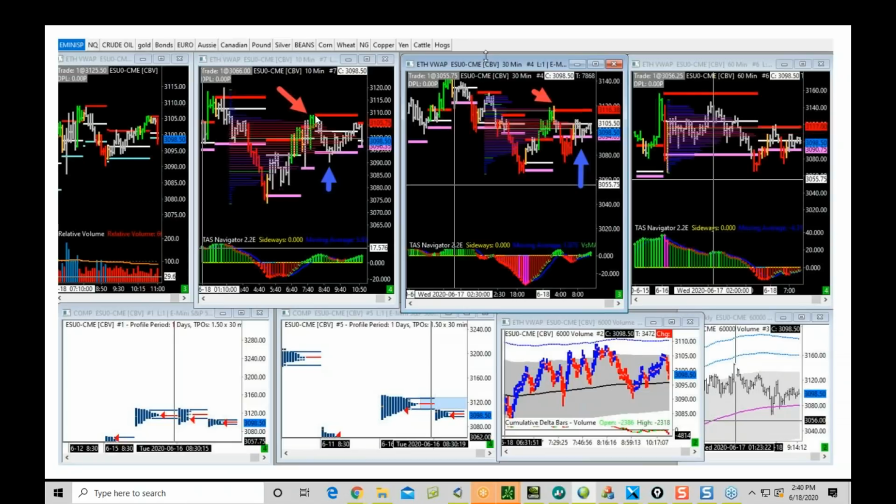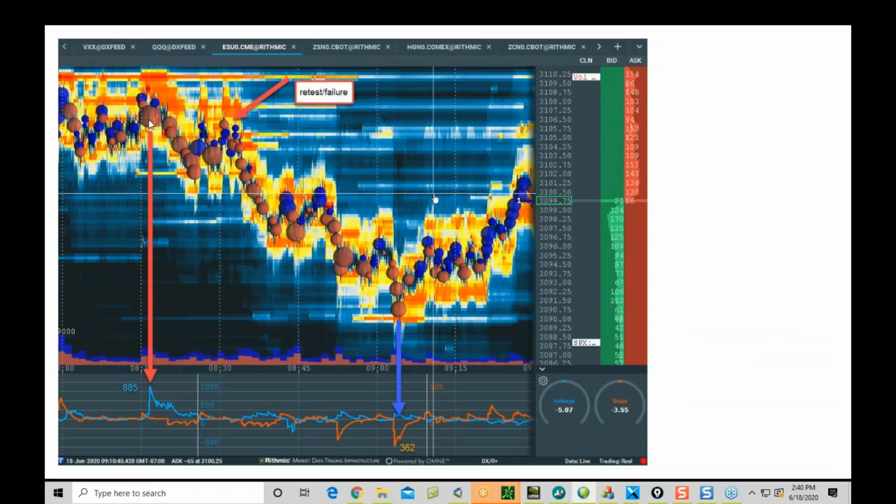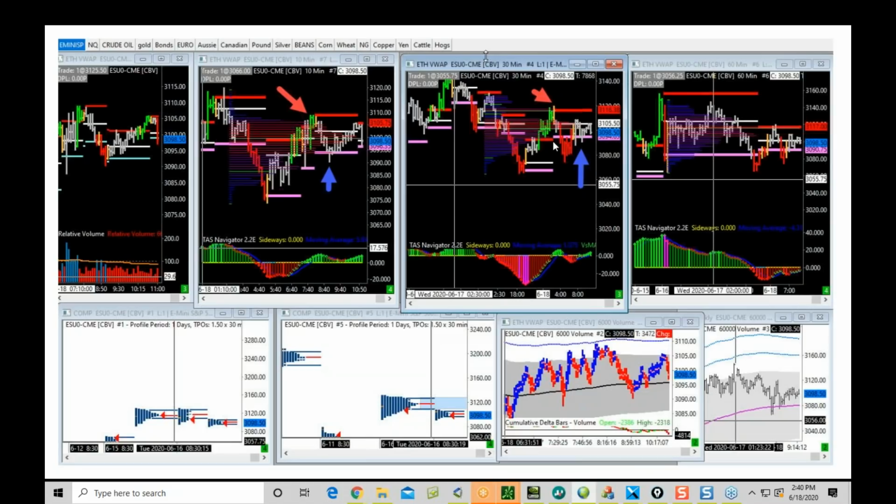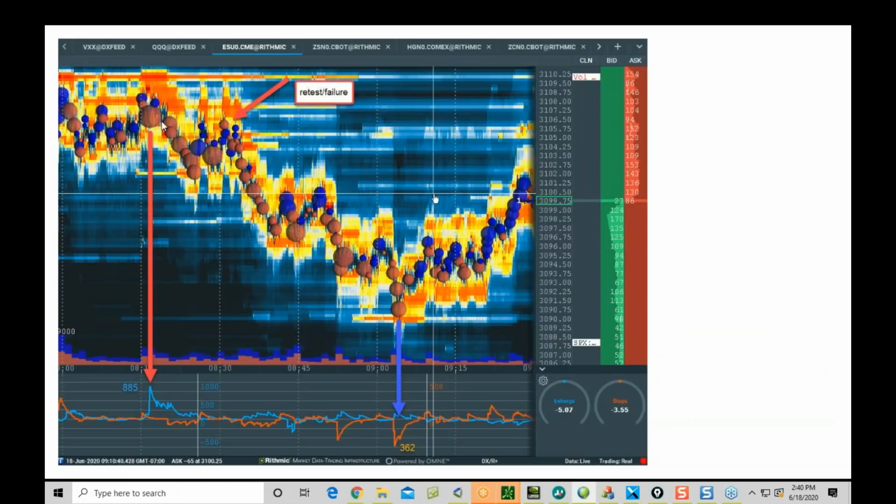Top of the TAS 10-minute, 30-minute, and then right around POC. I didn't put an arrow because it was right in the middle of this, but you don't have to have confluence. If you have confluence in all three, that's even better. Well, my point is you can have confluence in one. If you get the signal, you're good to go. If you get it in multiple, now you're like, okay, now you can put on some serious size with very little risk and catch, you know, this was a